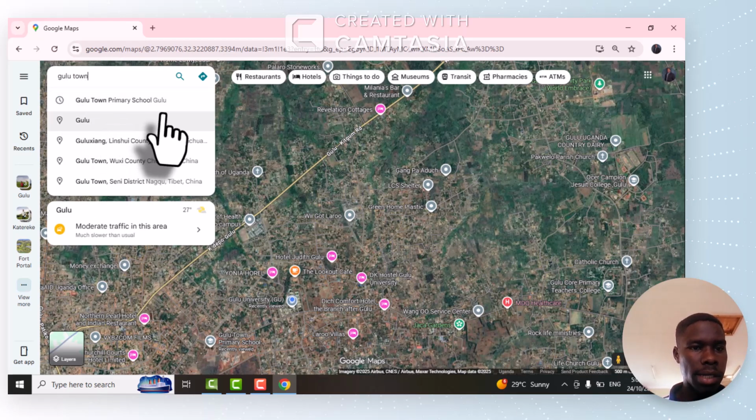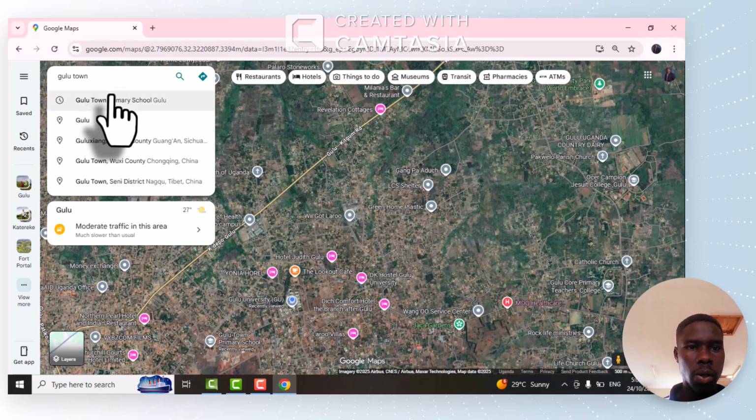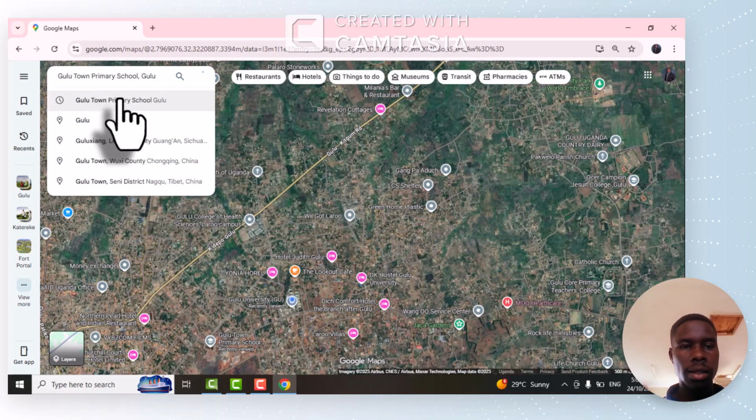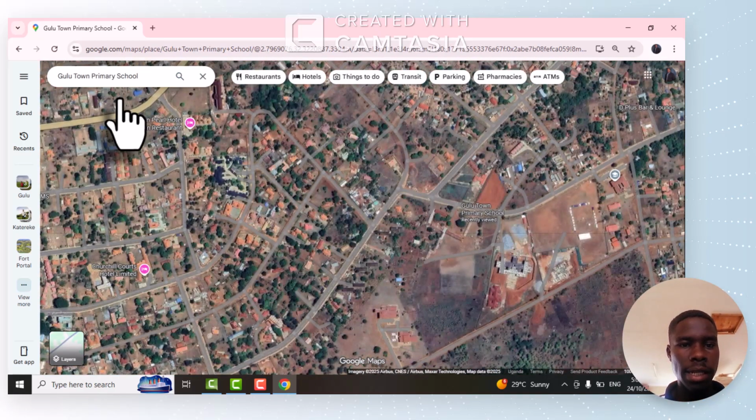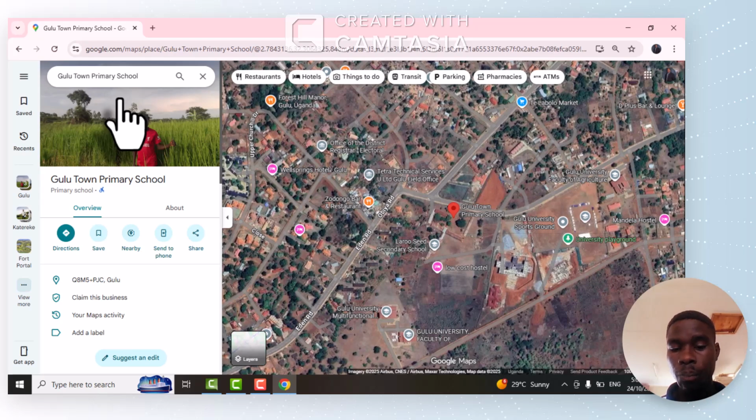So the computer brings some suggestions. Gulu Town Primary School. So if that's my destination, that is where I click. So you find that Gulu Town Primary School is right here, and the computer brings some pictures here,